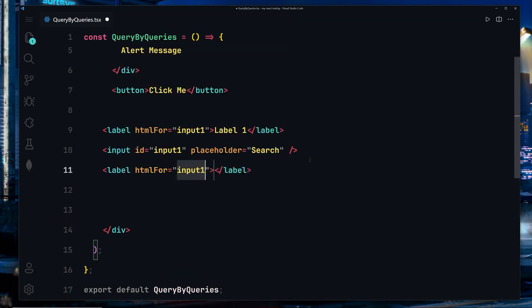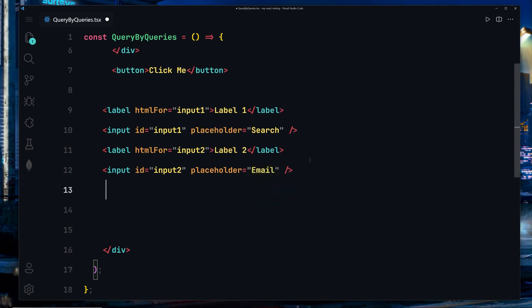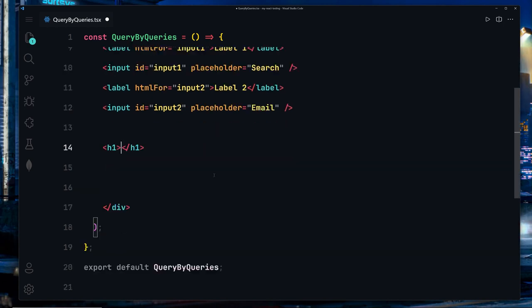It's going to say like input 2 in this case, and label, and I'm going to provide my input here, remove this type of text, and provide our ID, input 2. So I'll just use like input 2, and placeholder will be set to email. There we go. And now underneath there, let's just create our h1, which will have the content of header text,